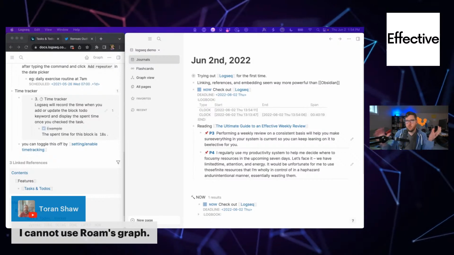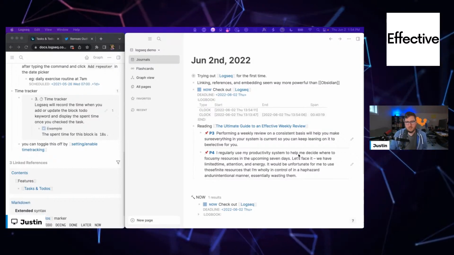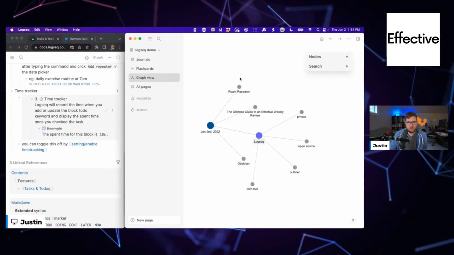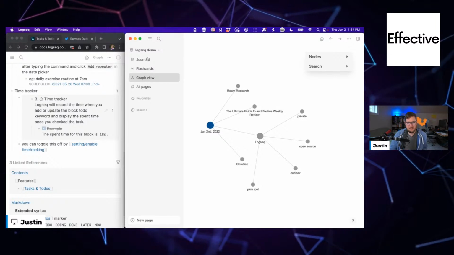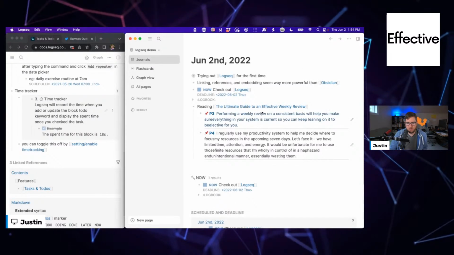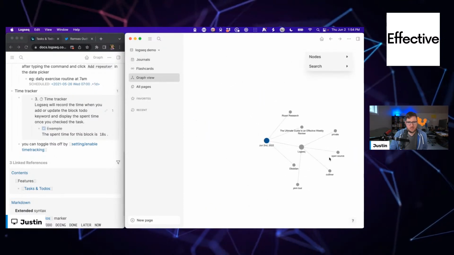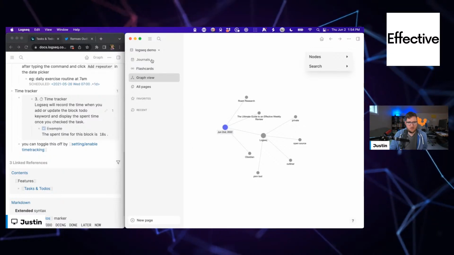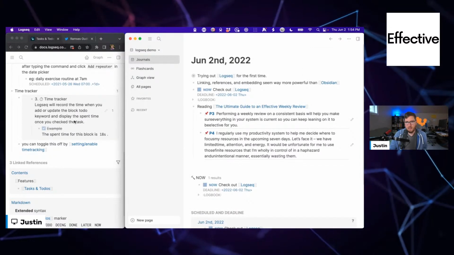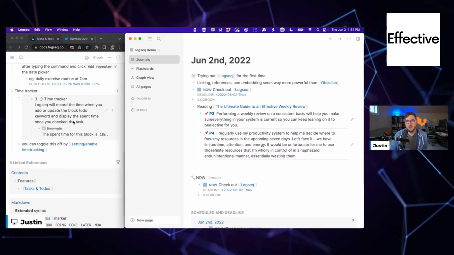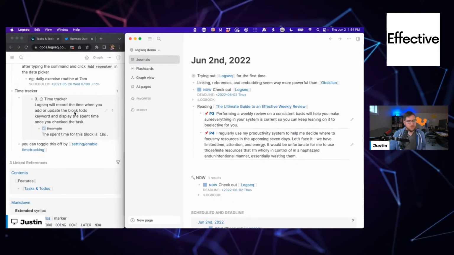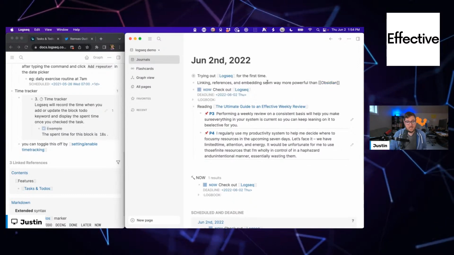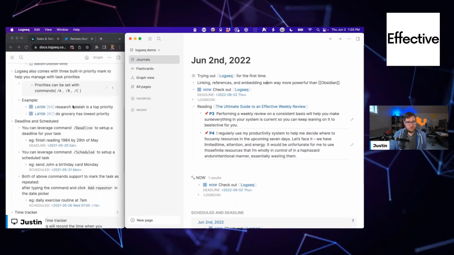Yeah, I can't use Roam's graph either. It's just the way it's thought through. It's just a little clunky for me. But being able to zoom in and zoom out and see things more like a network versus just a grid of networked nodes makes a lot more sense to me. This one is really akin to Obsidian's graph view, and I think that's a perfect thing. I love Obsidian's graph view. I don't use the graph view in Obsidian all that much, but I do use the local graph view. That's where I think a lot of the power in Obsidian is with the local graph view.